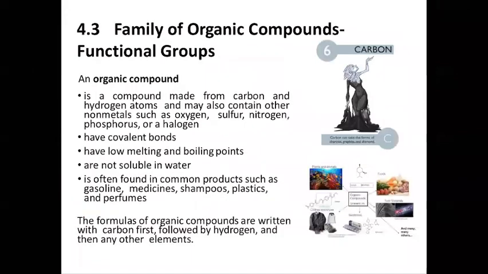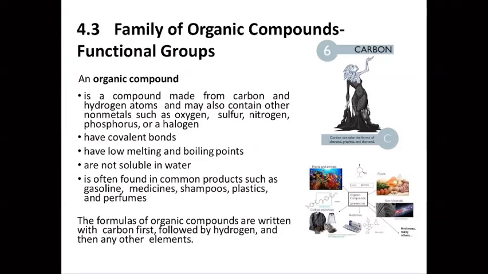Great. It is essential that we understand that organic compounds can be divided into families, which we know as functional groups. And organic compounds are going to be big compounds made out of carbon. So carbon is the atom that we focus on. We can find hydrogens attached to it like we saw in the alkanes. But as we progress in this chapter and future chapters, we're going to see that other nonmetals like oxygen, sulfur, nitrogen, phosphorus, or even halogens are going to be attached to carbons